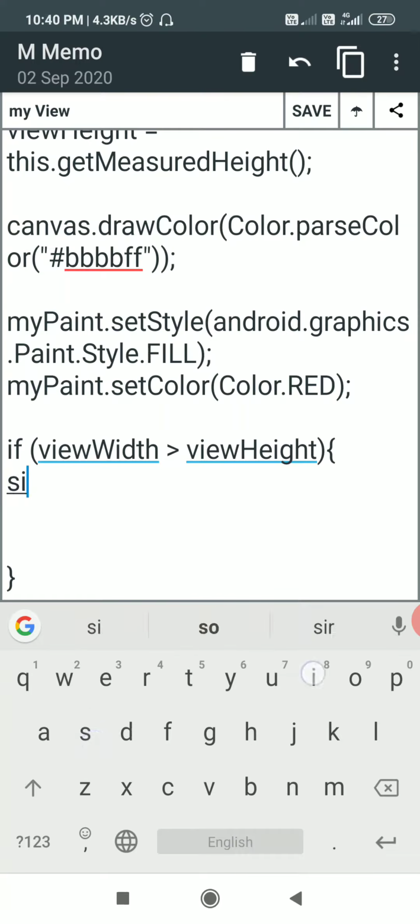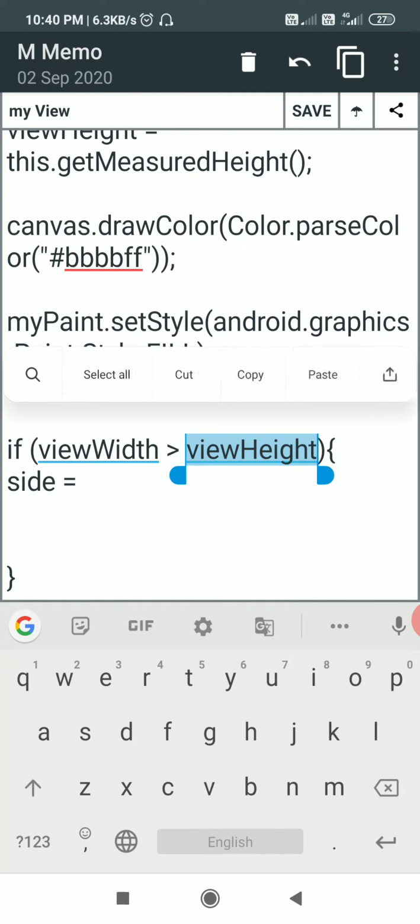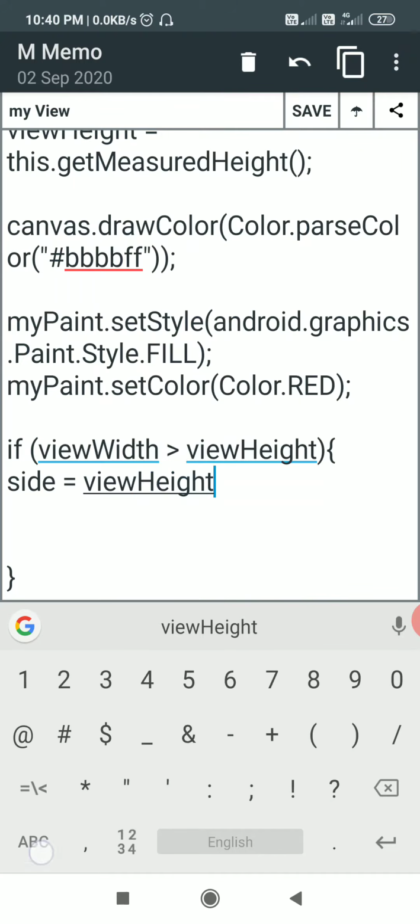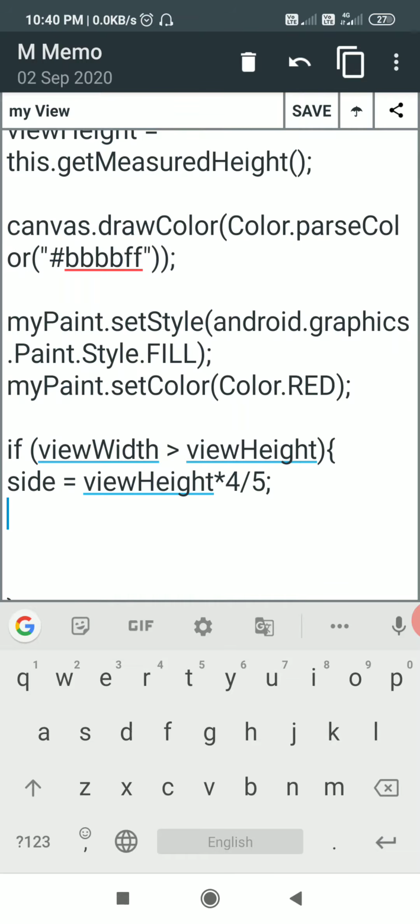I will set this side to viewHeight, which is the smaller one, into 4 by 5. So side will be 4/5 of the view height, and then this closing curly bracket, and then else.